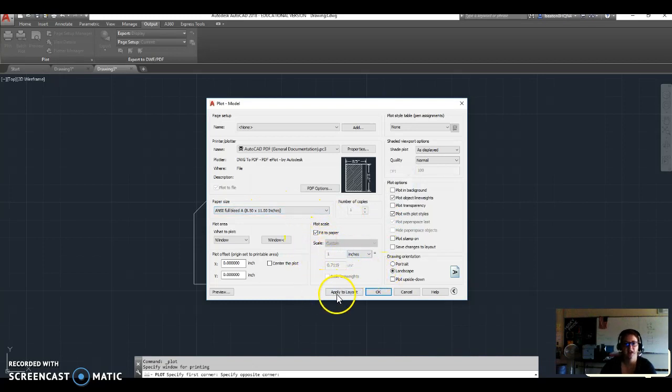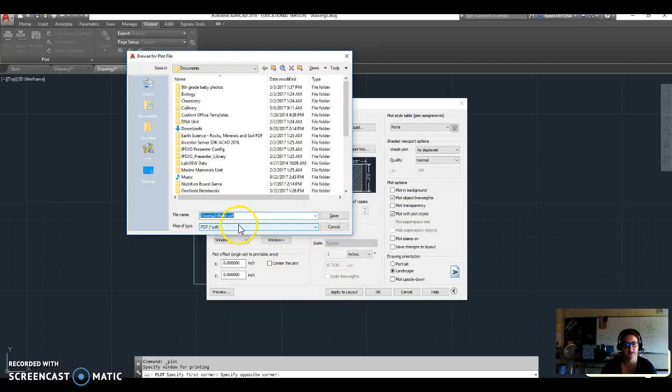I just did this. Then it's going to come up with the same option. This is saving it as a PDF. If you need to save it as a drawing file, you need to make sure you come over here and click this button to save it as a drawing file if you don't finish it. And it's important to know the